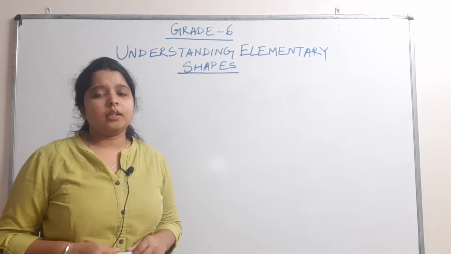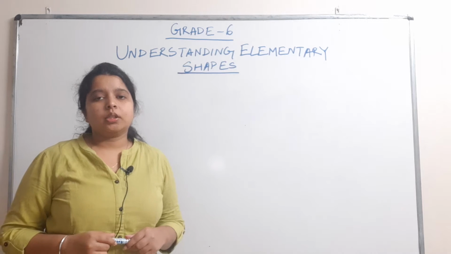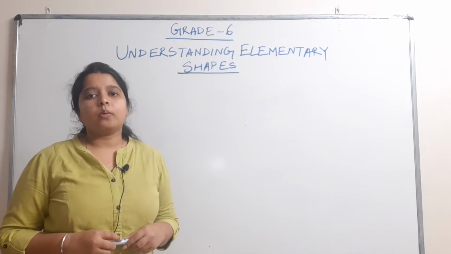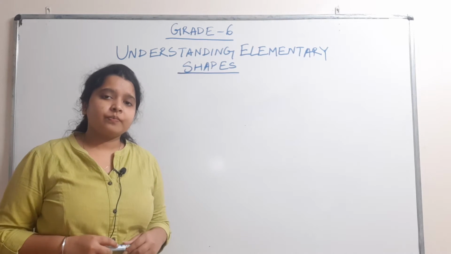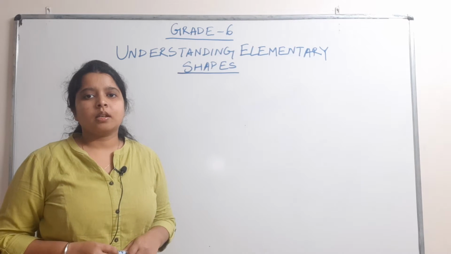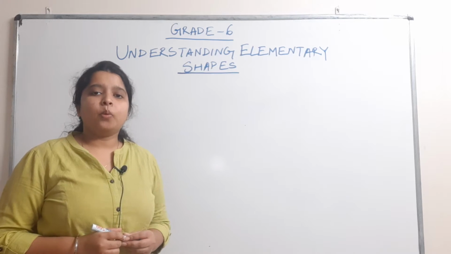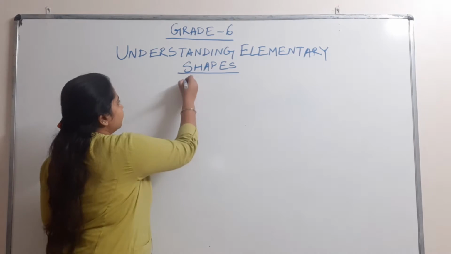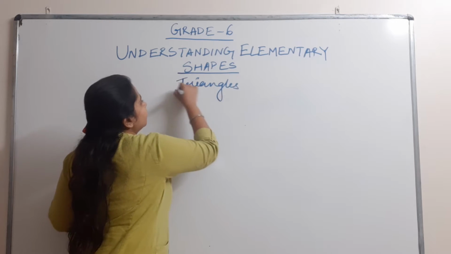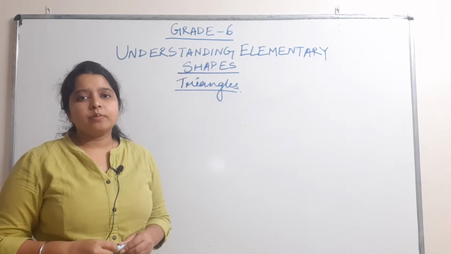Today we are going to start the next topic. In the last chapter we have studied about polygons. So what are polygons? A polygon is a simple closed curve bounded by only line segments. And what is the polygon made up of three line segments? That's correct, triangles. So today we are going to study more about triangles. In this lesson, we are going to learn the types of triangles.